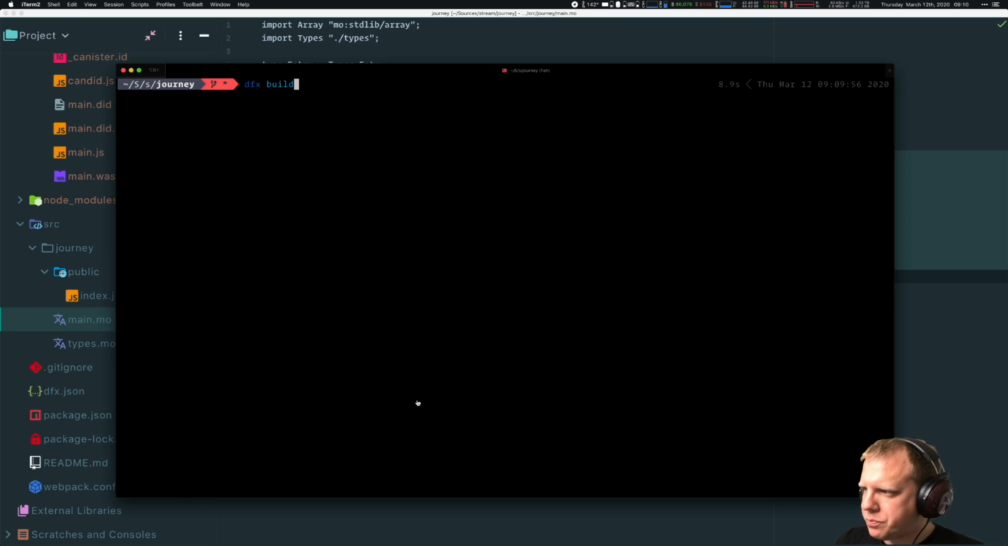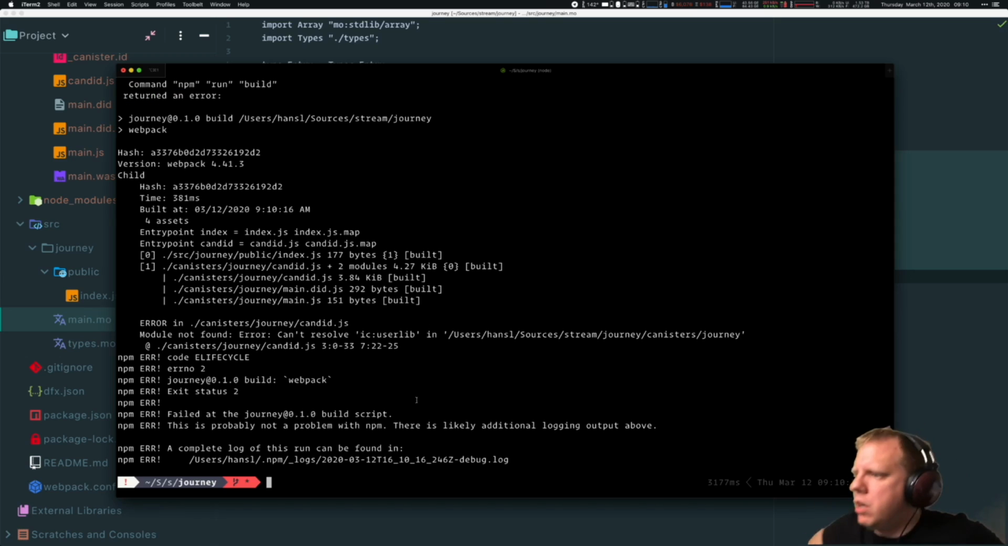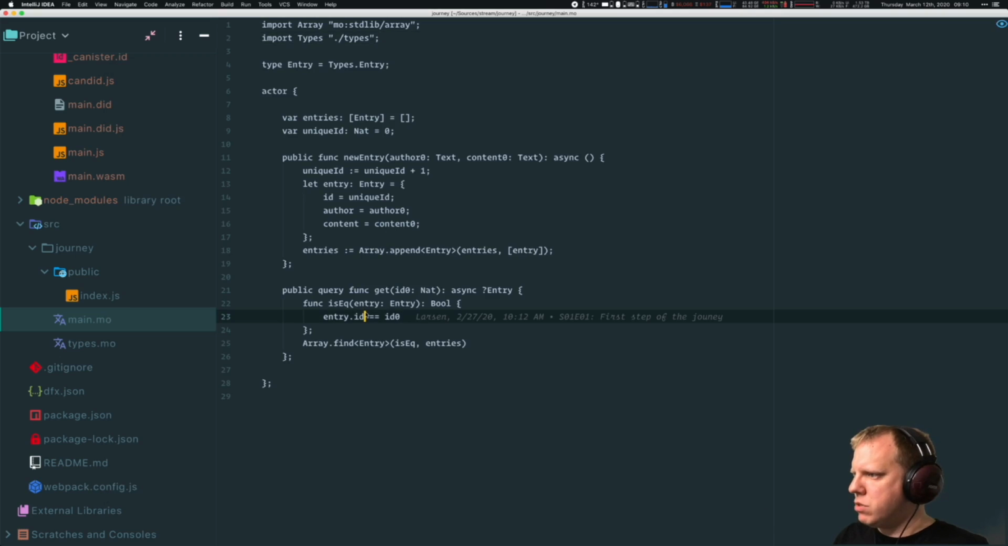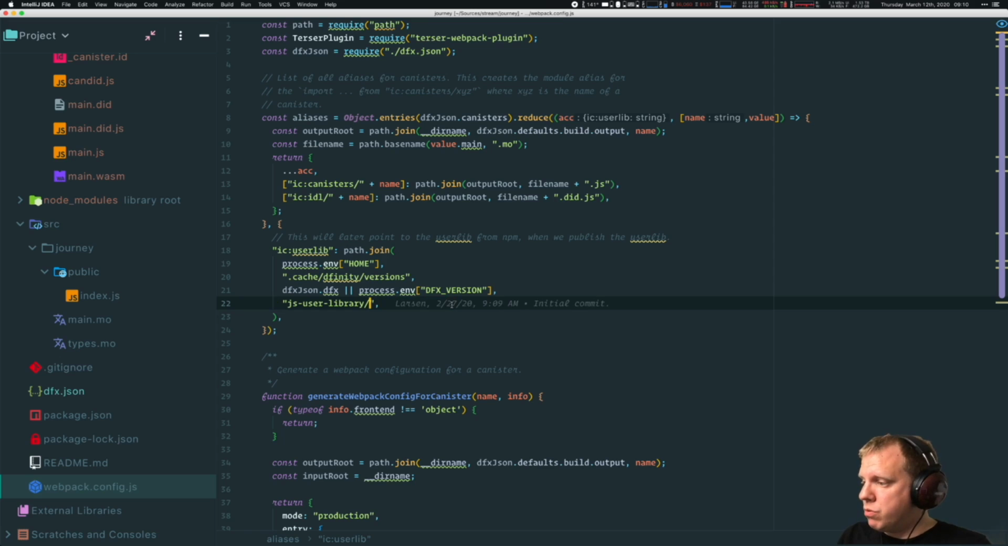So we dfx build to make sure that everything builds. As you can see, not everything built. Can't resolve IC user lib. And that is because we actually did a change in here, I think. So IC user lib used to be this. Oh, that was a long time ago. Now you need to remove this